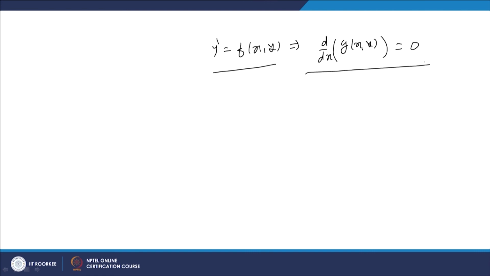First, let us start discussing the concept known as the adjoint equation. Exactness is something we have already seen, the exactness condition for a first order differential equation. When you talk about a first order differential equation, say y dash equal to f of x, y, or when this kind of equation is written as d by dx of some g of x, y, then we say that this equation, now written in this form, is known to be exact. Now let us extend this concept to second order and higher order